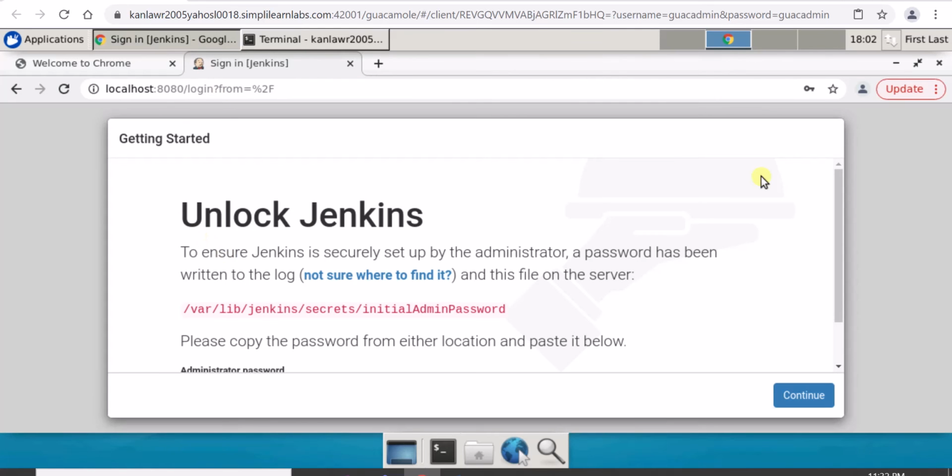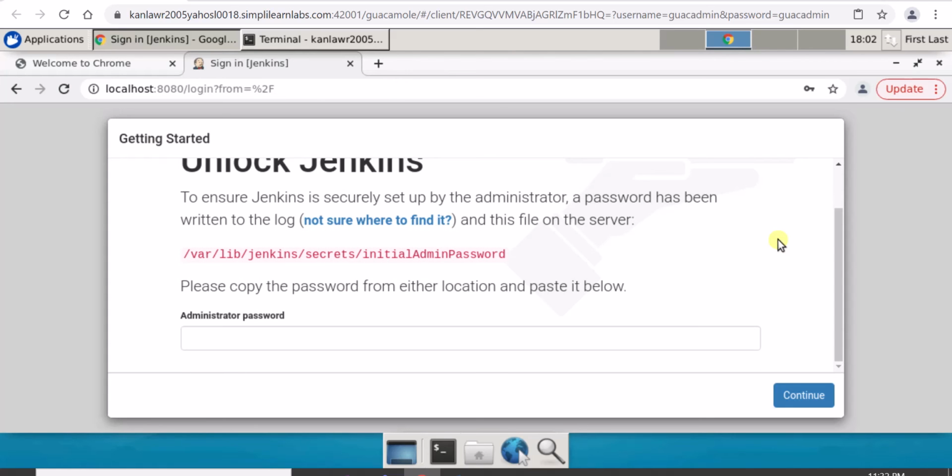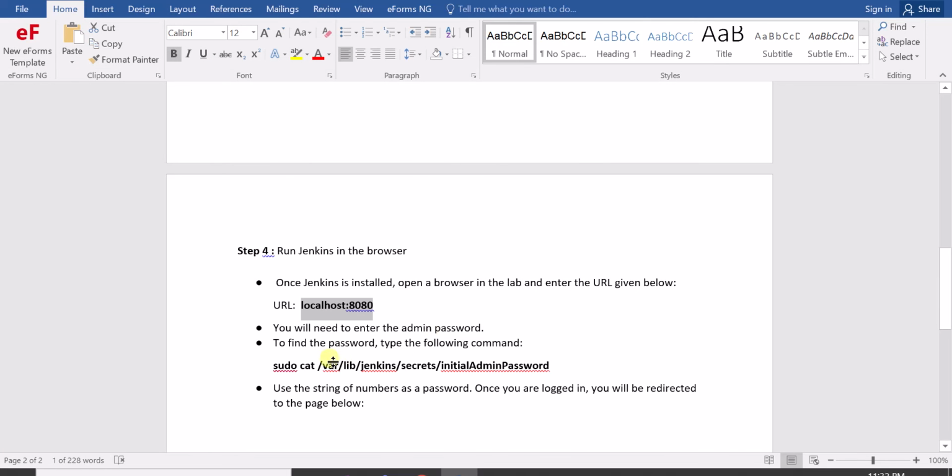You need to get this window. If you don't get this window and get an error message, that means you have made some mistake in the Jenkins installation. When you install properly and follow the steps one by one, definitely you will get this window. And we need to unlock Jenkins. For that reason, we need to run a command to get the administrator password. Okay, so we go here,